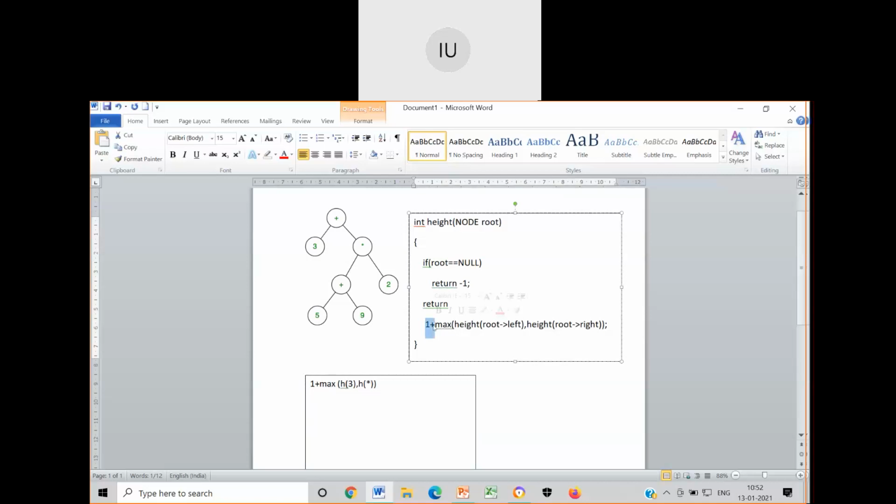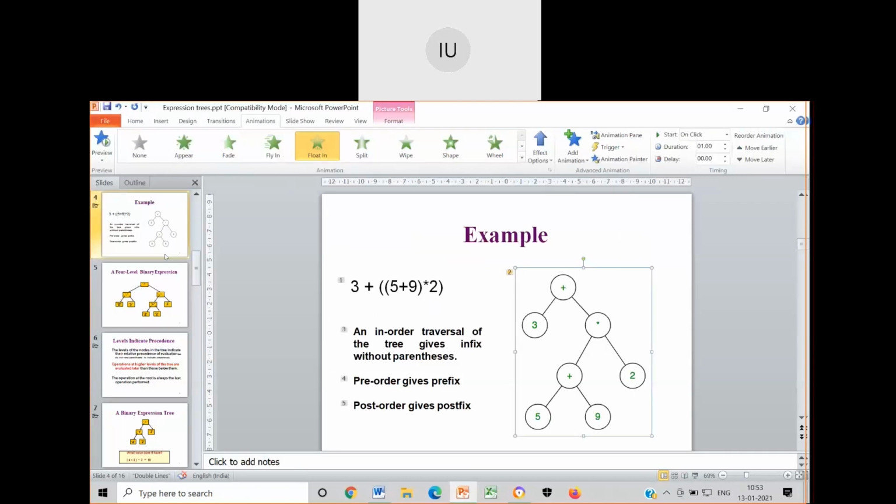Any doubt at this point? Let me know from your end. Have you understood it? Let me know, please, quickly. Have you understood this? Once again, I have to explain. You want me to take one more tree? Okay, let me just take some other tree.